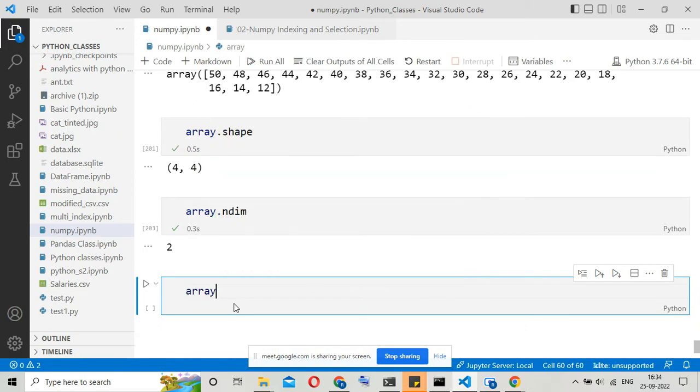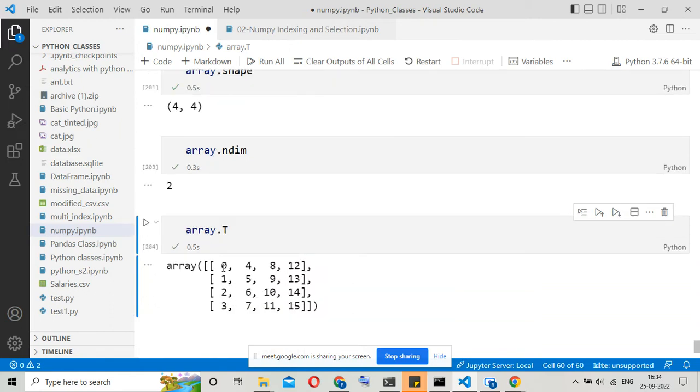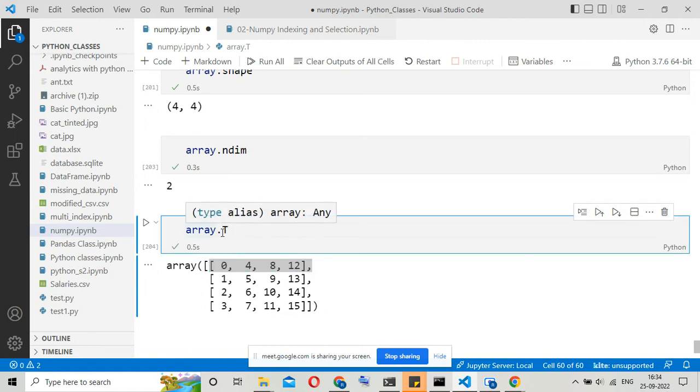We can convert columns to rows and rows to columns. Whenever you need a transpose, you can write .T. This will do the transpose. So suppose you want to do an operation like